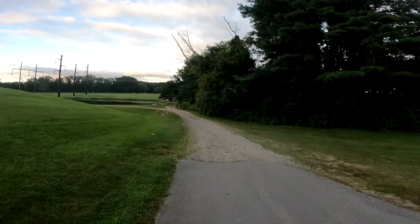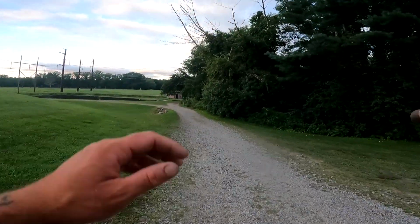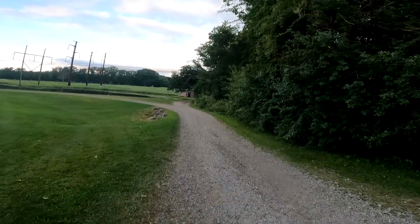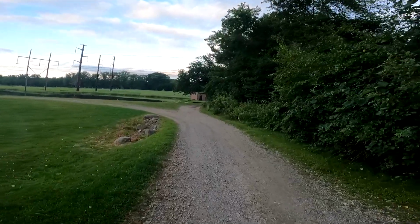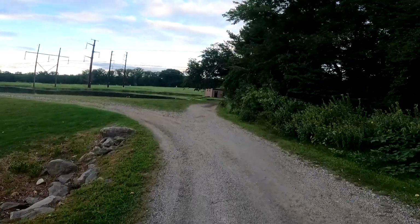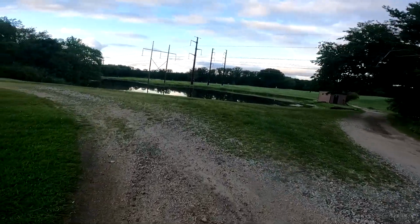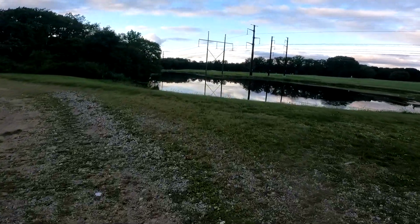Alright folks, on number 3,429, the sun is going down. Today has been tough. Not as tough as the last time. We at least caught one dink. But it goes to show that you need to know the ponds you're going to. And although I do know these ponds, I haven't been here in a few weeks and I didn't realize how choked out it was going to be. There were more weeds at this last pond than there were at the pond we just went to,